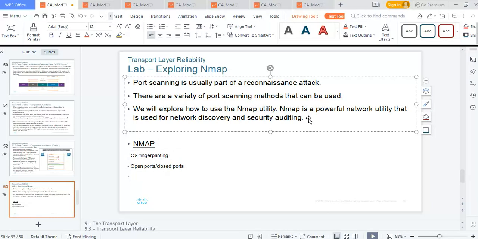Open port, closed port, network topology. That's to say, Nmap can plot how my network looks, whether I'm running bus, star, or hybrid. The entire layout. So aside from OS fingerprinting, what else does Nmap do for me? It does OS fingerprinting, open port, closed port, network topology, running services,